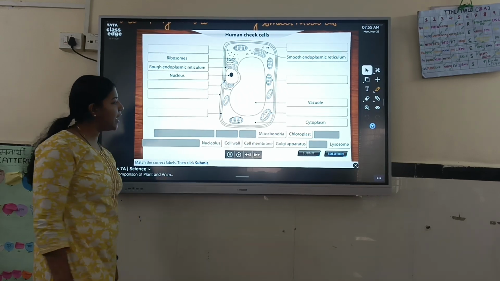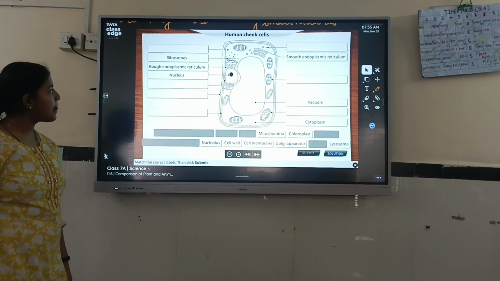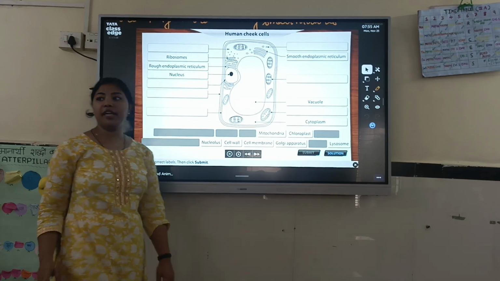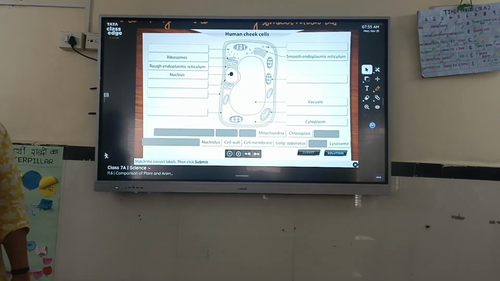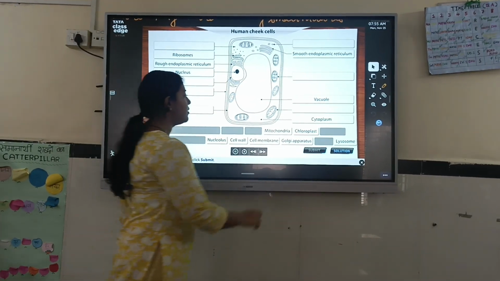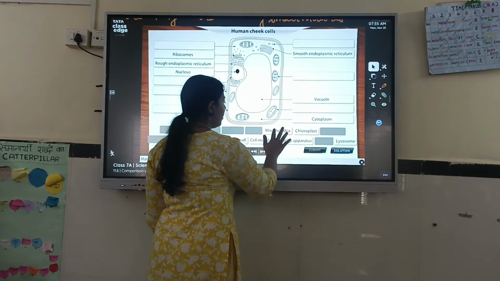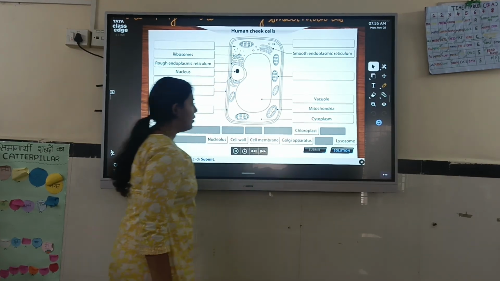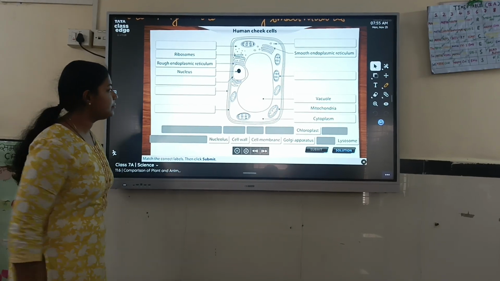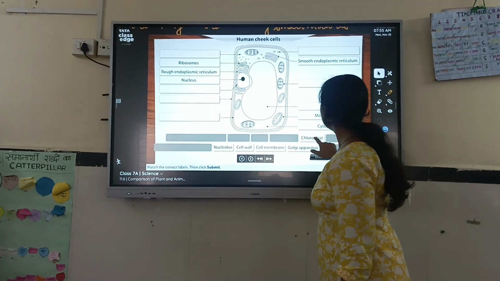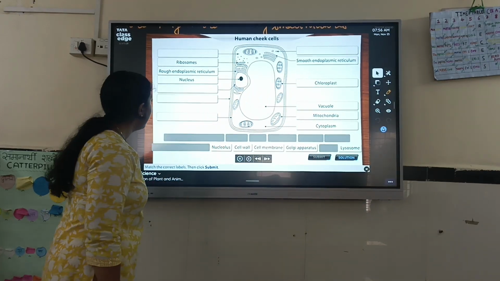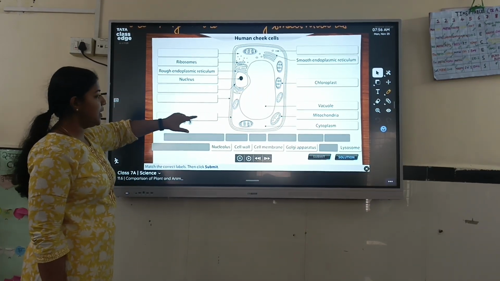Correct. Okay. Now what else? And right one, second last one is mitochondria. Yes. Why do you think it is mitochondria? It has a double membrane. So we can easily identify this mitochondria. Sixth one. Right side, third one, chloroplast. Okay. What else? Left side, sixth one. This is what?